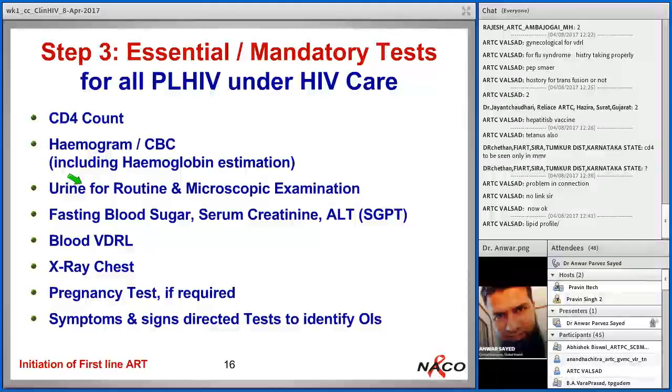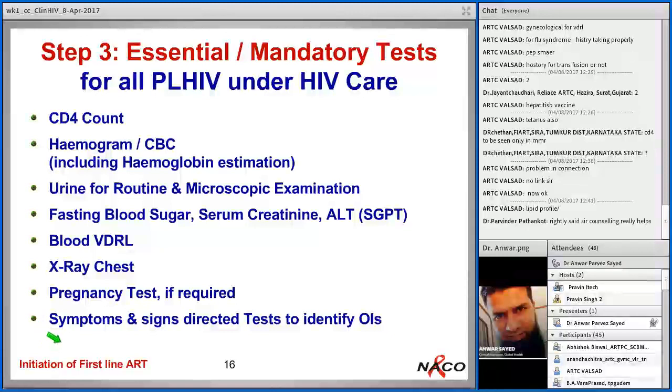We are all aware that loss to follow-up is being seen in the ART centers. The main reason for that is the initial visit. You see the practice at your own centers. If you are counseling, if you are spending more time with your patients who are new, and you try it out at your own center, you spend more time with some patients and you continue what you are doing with the other patients. And if you compare these two groups, the people with whom you spend more time will rarely become lost to follow-up. That will never happen.